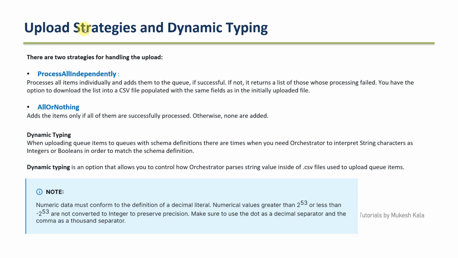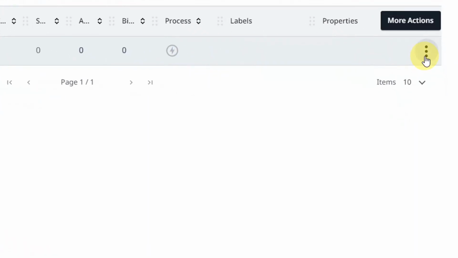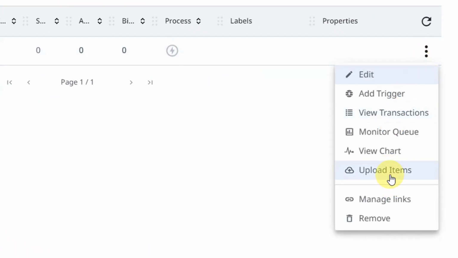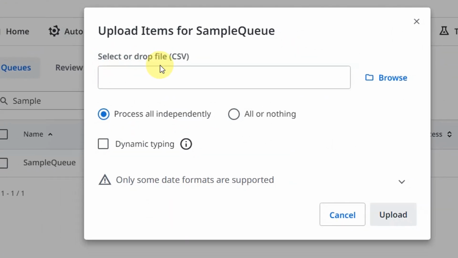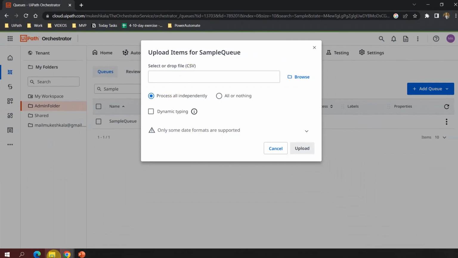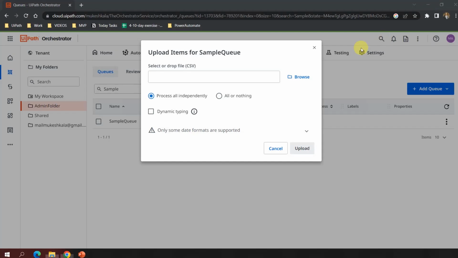Okay. Now that you have understood all of this, let's go back to the Orchestrator and try to upload the CSV we created. This is our queue. We do not have any items here, right? I'll simply go to this three dots, click on this option which says upload the items. Select or drop the CSV file. My CSV file is located in the D temp files and this was our CSV. So I'll click on browse,